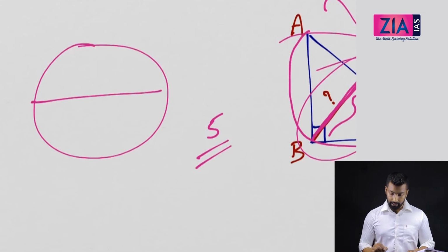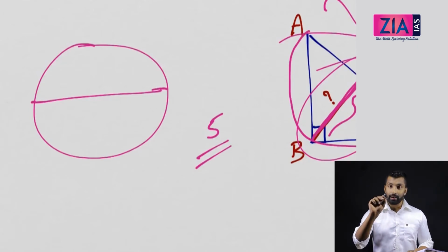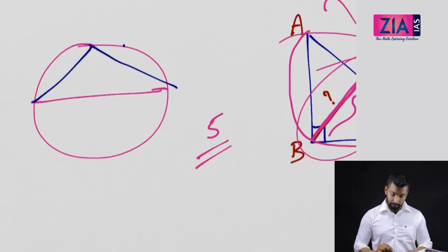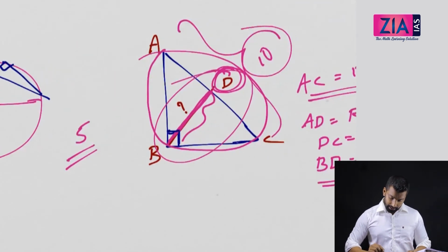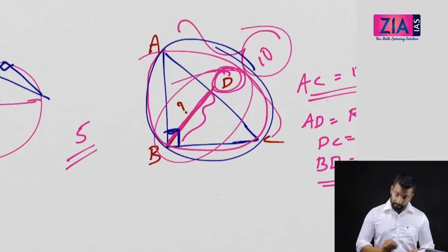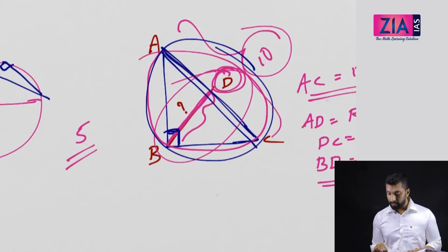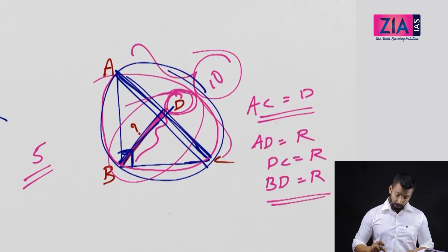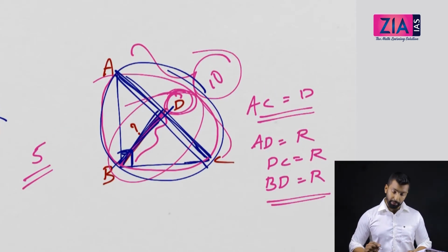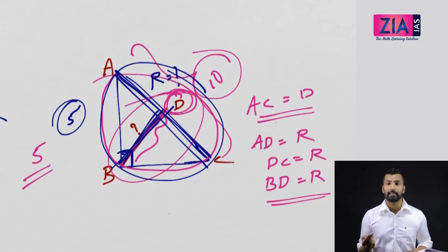See, if this is the diameter, and you draw any angle touching any part of the circle, that will be 90 degrees. So this is 90, and if this is also 90 and you are drawing a circumcircle, obviously the hypotenuse will be the diameter. So this is going to be half of it. So if the question asks for BD, the answer is 5. They can also ask you what the radius is if you draw a circumcircle, then also the answer is 5.